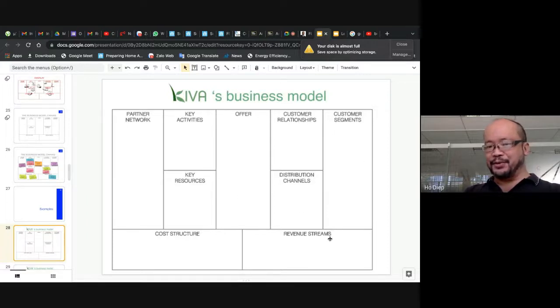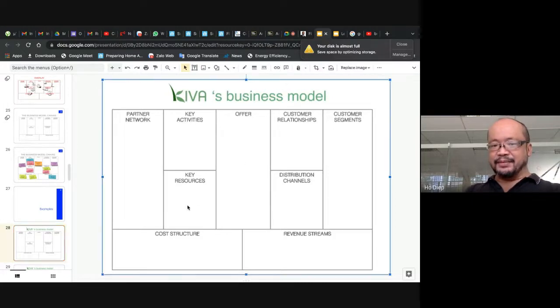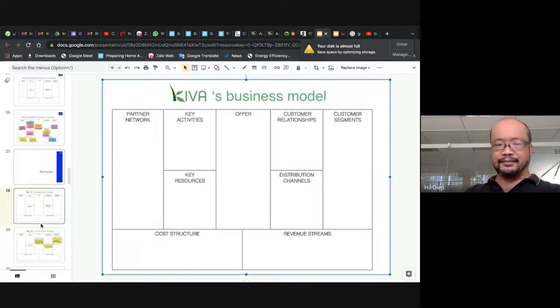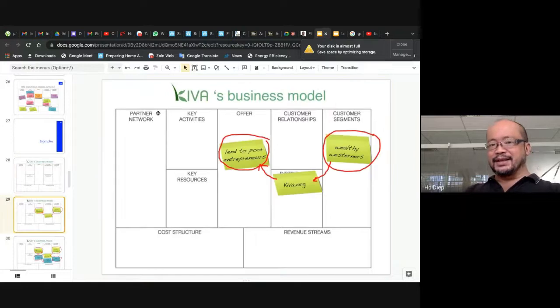Same thing here, 9 different segments. You have customer segment, distribution channel, customer relationship, value offering, value service, key resource, key activities, key partners, and cost structure. So for this Kiva business model, one of our customer segments is wealthy Westerners,